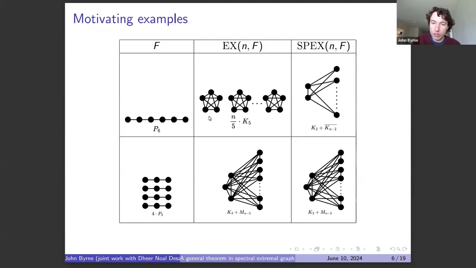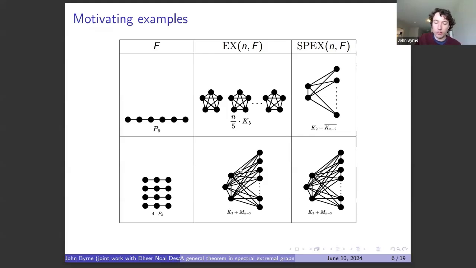Of course, if one takes the spectral radius of the disjoint union of these cliques, it doesn't matter how many cliques we have, the spectral radius will be the same. So it makes sense that these families are disjoint in this case. On the other hand, there are cases where they can be the same. So if we forbid a linear forest, in this case, the union of 4 paths of length 3, then the